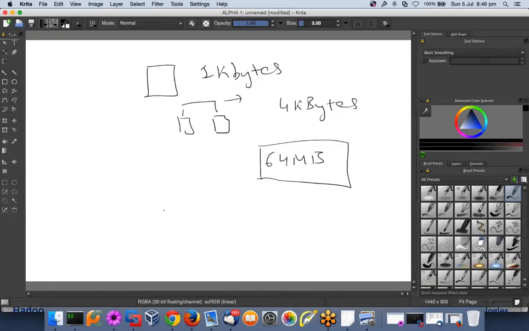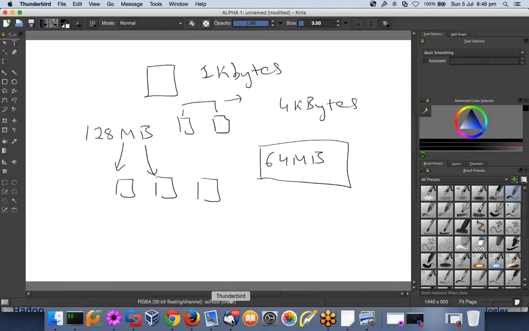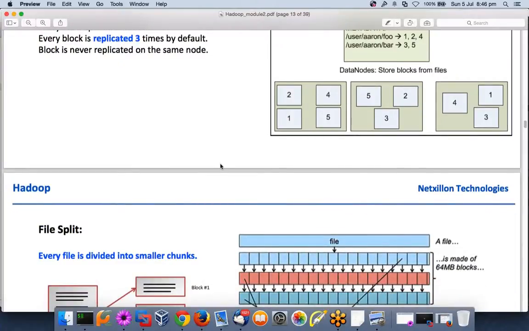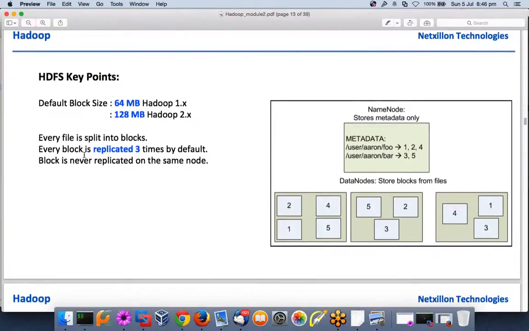right? So what will happen? Any file which I write to HDFS, meaning to Hadoop, will be split into blocks of 64 MB. So let's say if I have a file whose size is 128 MB, that file will be split into two blocks on HDFS. Every block is replicated 3 times by default,